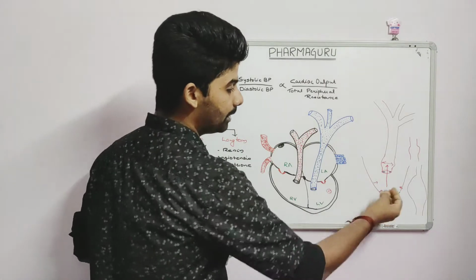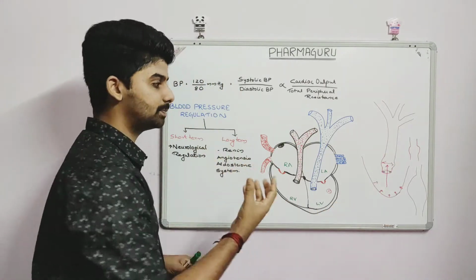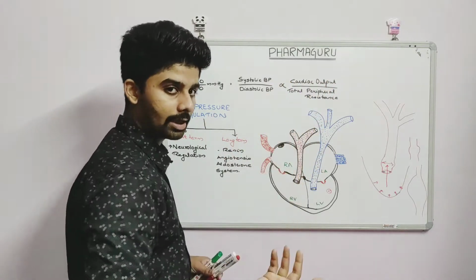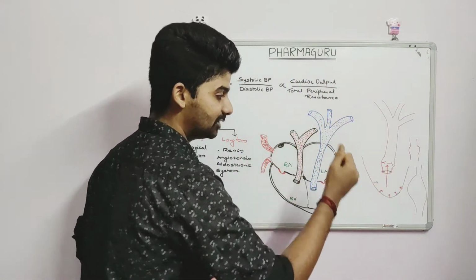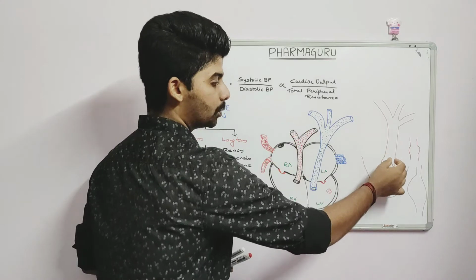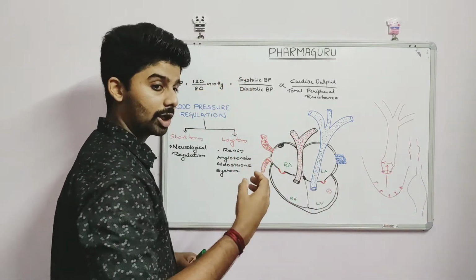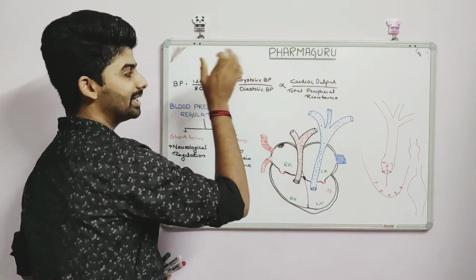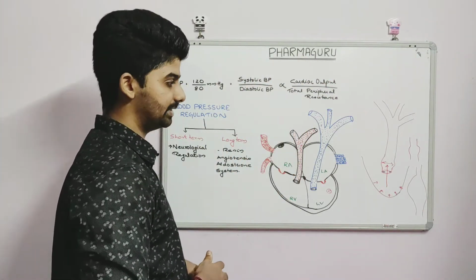So what is pumped from here? Blood. The amount of blood that is pumped during each beat is the stroke volume, which is directly proportional to the cardiac output. That's why I said whenever the cardiac output increases, the expansion of the aorta, or the pressure on the walls of the aorta, increases. That's why when cardiac output increases, the systolic blood pressure increases.